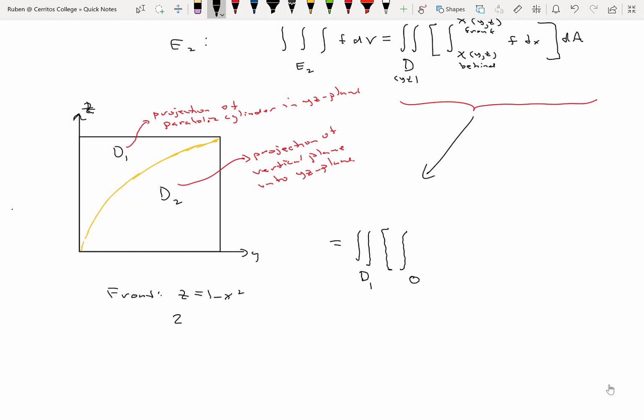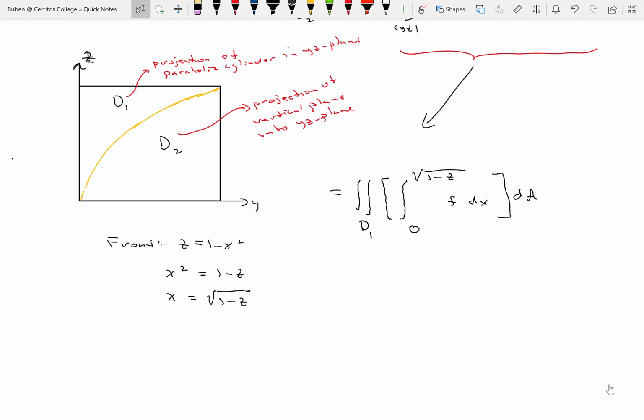So I need to solve this equation for x. If I solve this equation for x, I get x squared equals 1 minus z. So x equals plus or minus the square root of 1 minus z. But x is coming out toward us, so x is positive, so square root of 1 minus z of the function f dx, and then this is integrated dA over the region D1 in the YZ plane,